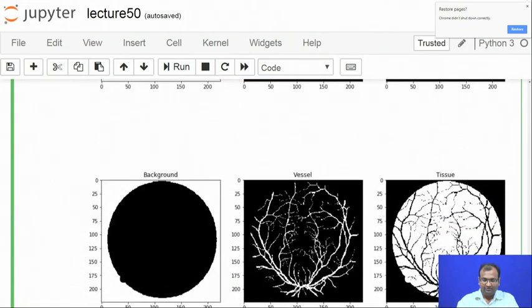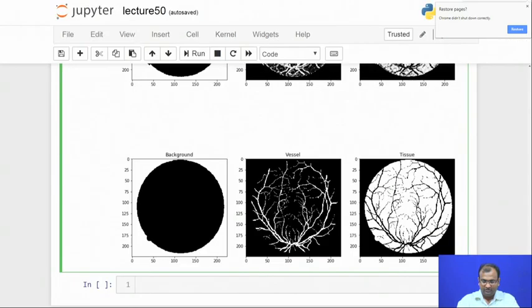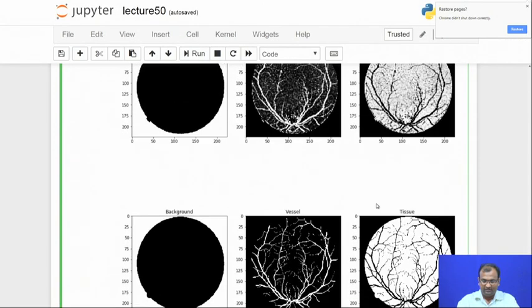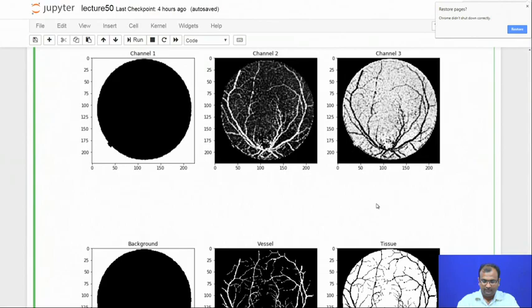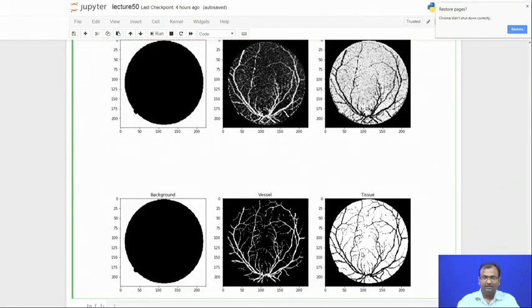Now, if we compare that with our ground truth, that is also pretty much standard. So, this is just the pixels which belong to the background class, marked in white. If a particular pixel belongs to a class, we are just going to show it up in white, whether it belongs to my vessels or to my background tissue. So, let us zoom out a bit so that you can actually see them. Yeah. Now, since you can compare all of these together, you can see pretty much